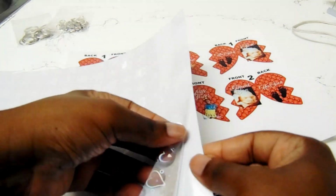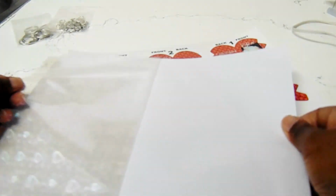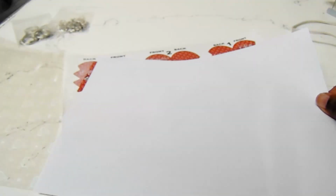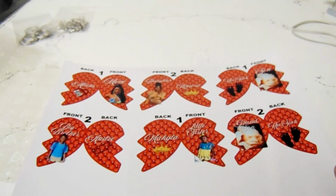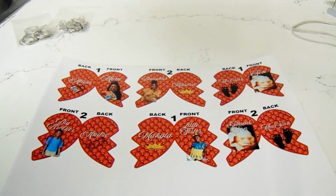I like it. Now, I don't really use this particular brand. This is my first time using this type of laminate brand. The other kind that I use is a little bit thicker. It's clear, but I wanted to use a printed type. So I accidentally took the laminate off of the sheet that it came on all the way, which I strongly